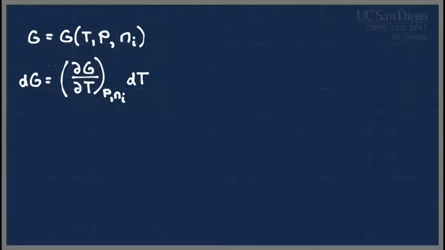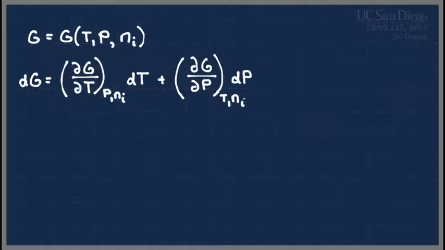That's nothing except the definition of the total derivative. We have to add another term to complete our definition, and we just go through each of these one at a time. So we would take the partial derivative of g with respect to p, but holding T and n constant, and multiply by the change in pressure, plus the last one usually looks kind of nasty because